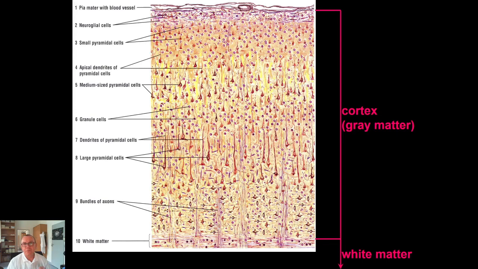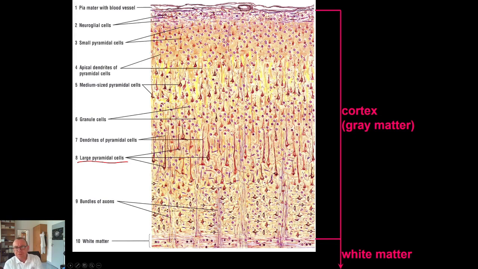But you will see the areas where there are fewer cells and more cells. You will see areas where the cells are small or where the cells are bigger. The biggest cells are in the fifth layer. They are so-called large pyramidal cells, which can measure more than 100 micrometers, like Purkinje cells of a cerebellum or